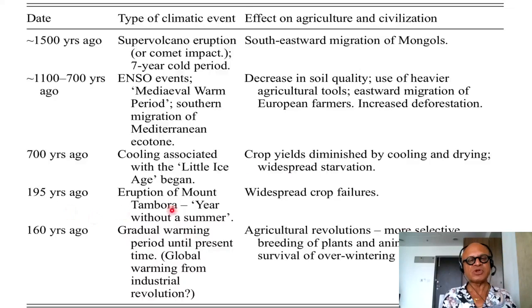195 years ago, eruption of Mount Tambora, year without a summer, widespread crop failures. There are many stories associated with that, but the cooling was probably order 0.5 degrees, and this is definitely recorded well in terms of impacts on crops and so on. 160 years ago, gradual warming period until present time, global warming from industrial revolution, well, question mark is left here,